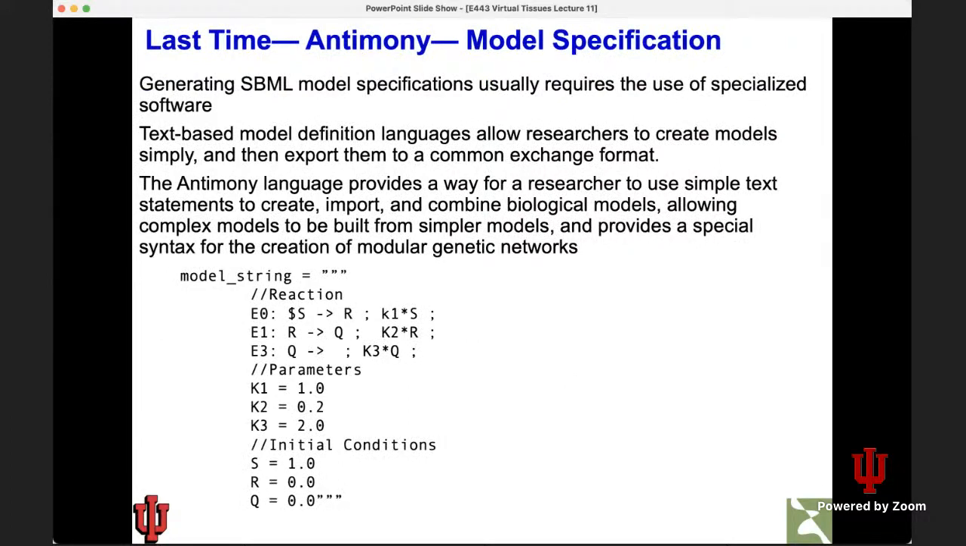James talked a little bit about how to specify models in Antimony. I'm not going to go back into the full details. I'm going to put in the chat a link to the Tellurium documentation later. It's very useful. But the idea is that